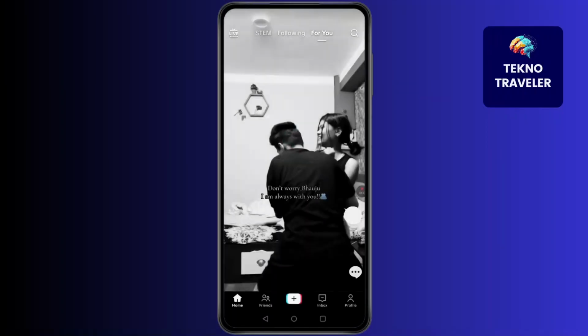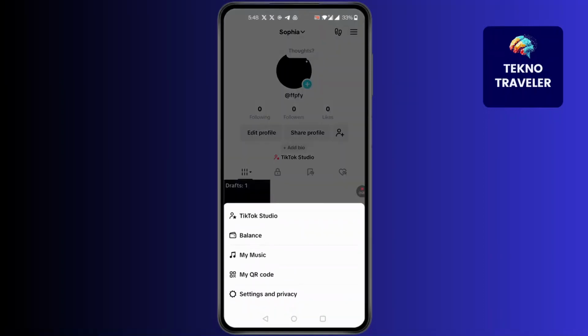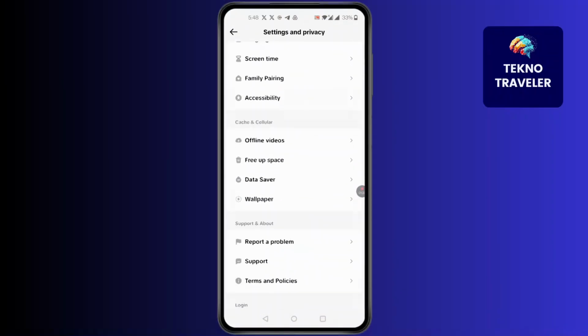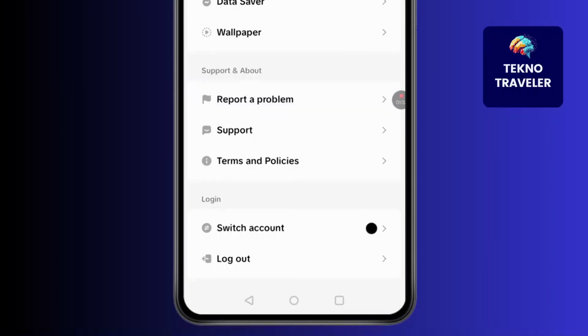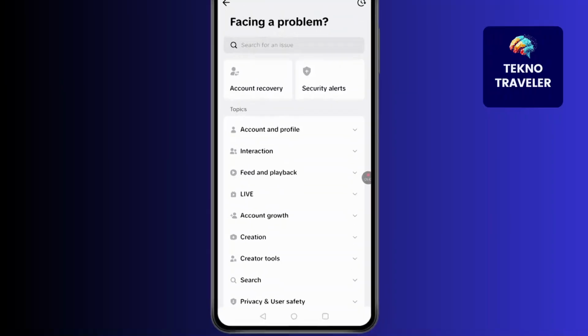If you still have the problem, again go to your profile, click on three lines on top right corner of your screen, and you'll find settings and privacy at the bottom. Then scroll down, click on report a problem. Click on report a problem, and in here you'll be able to find all the options. Simply click on live